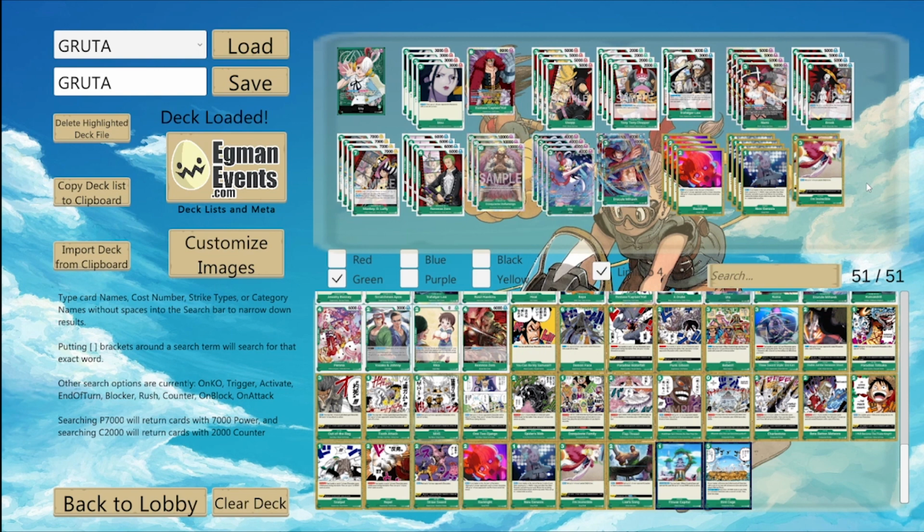In terms of cards, I want a lot of the purple cards. I want the purple blocker Eustace Kid. I feel like having Don minus effects refunded to you is really good. I think you saw it in Purple Luffy when I played it last time, but